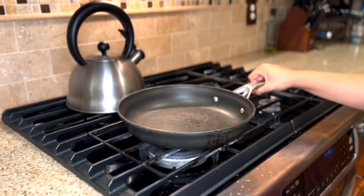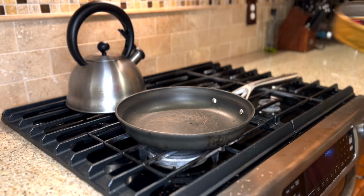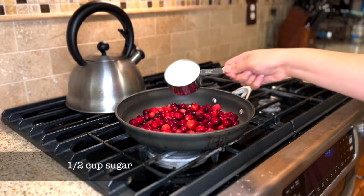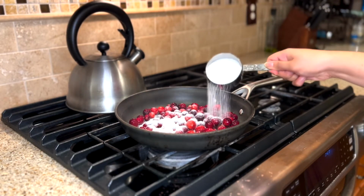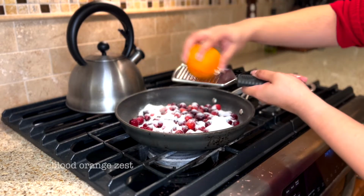First, we want to start off with cranberry sauce because we want it to cool before we even make the pavlova. So let's go over to the stove. First, you want to get a saucepan big enough to hold 12 ounces of cranberries. Then we want to add in our fresh cranberries, half a cup of sugar. I'm trying to coat all the cranberries. Next, I'm gonna add the zest of one blood orange,